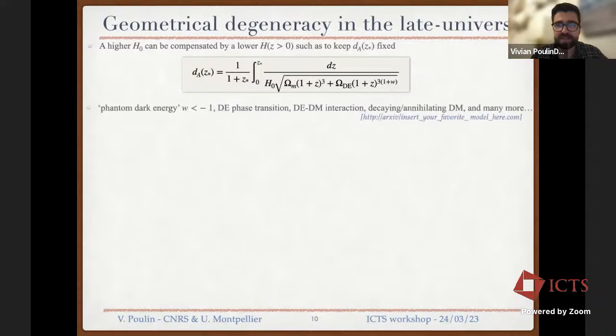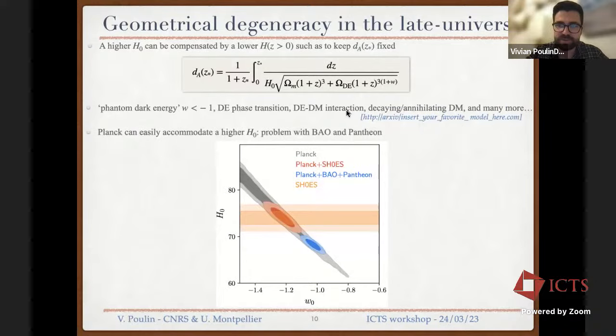And if we ask the data, yes, of course, there are a lot of models that look at these sorts of modifications. If we ask the data just with the simple modification of the equation of state of dark energy, in fact, Planck data have very little constraining power. This is this gray constraint that I'm showing you here. Very little constraining power. And from the point of view of Planck and SH0ES, it's extremely simple to resolve that tension. All you need is an equation of state that is less than -1. That might suggest some issues theoretically, but as far as the data are concerned, it is perfectly fine.